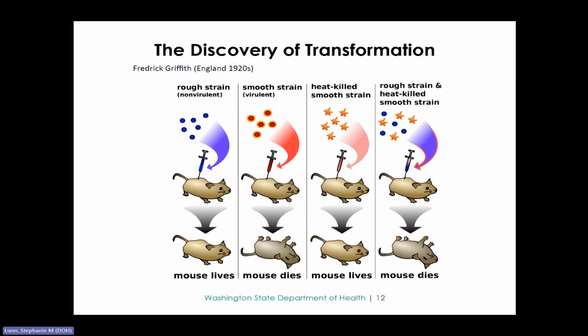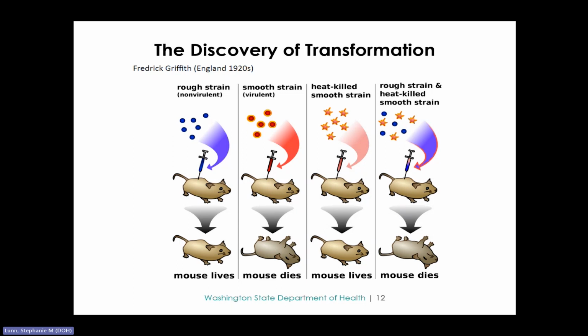S. pneumoniae makes two types of colonies with different appearances, one type made by pathogenic bacteria and the other type made by non-pathogenic bacteria that are incapable of causing infections. The colonies made by the pathogenic strains appear smooth on agar plates because the bacteria excrete a polysaccharide capsule, and this is called smooth colony formation. This capsule can protect the bacteria and allow them to survive in vertebrate hosts like mice, and when they infect these hosts, they can kill them. On the other hand, sometimes rough colony forming mutants that cannot make the capsule will arise from the smooth colony formers, and these mutants are non-pathogenic in mice.